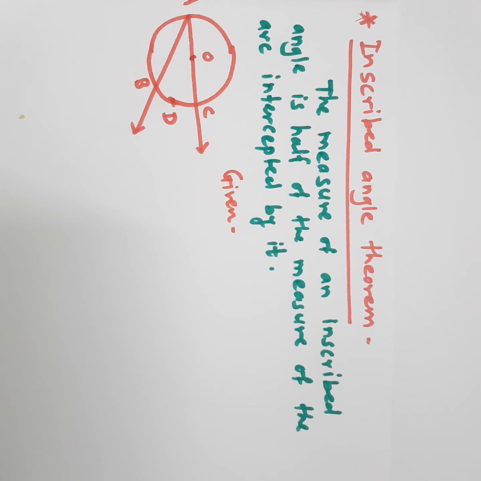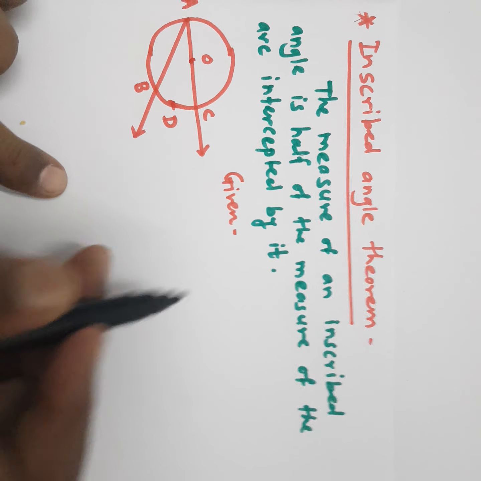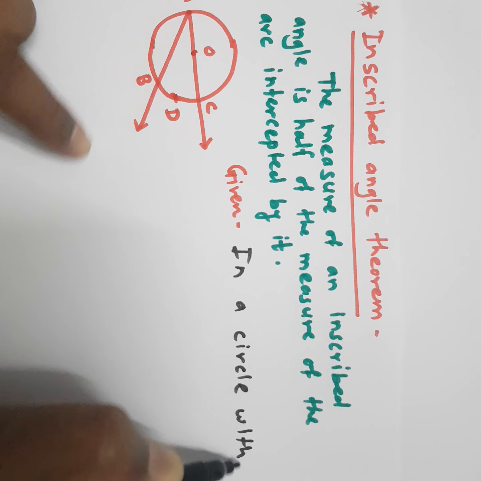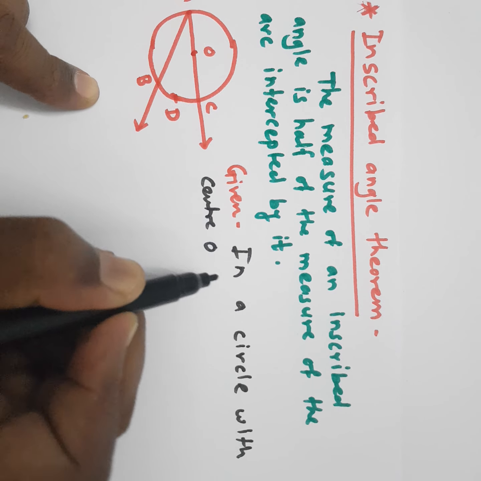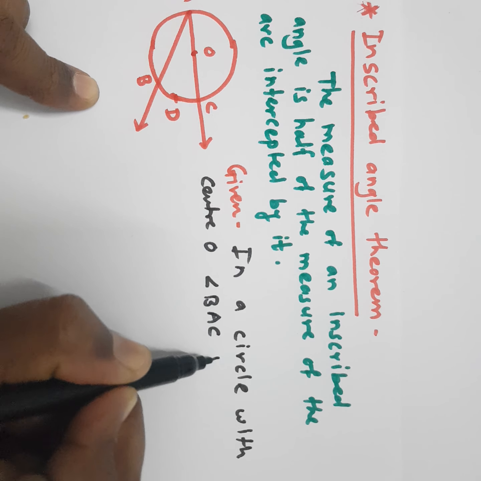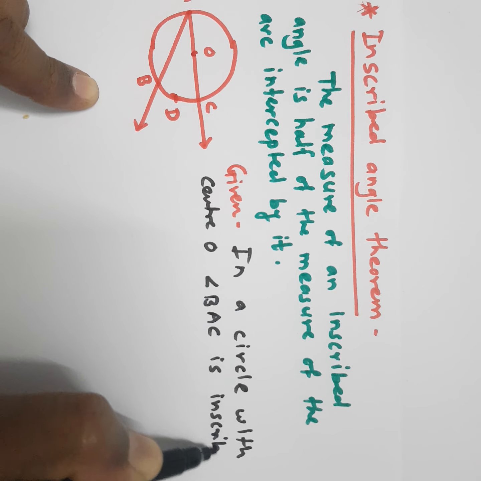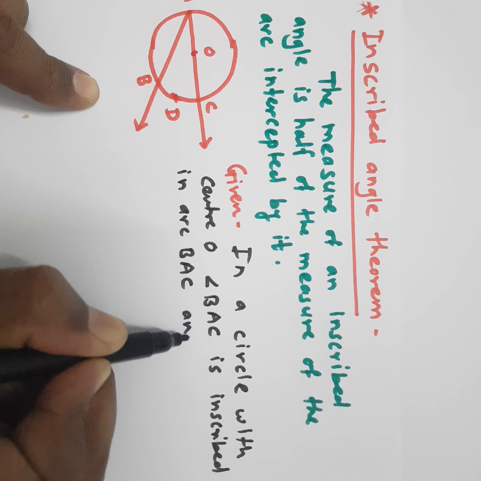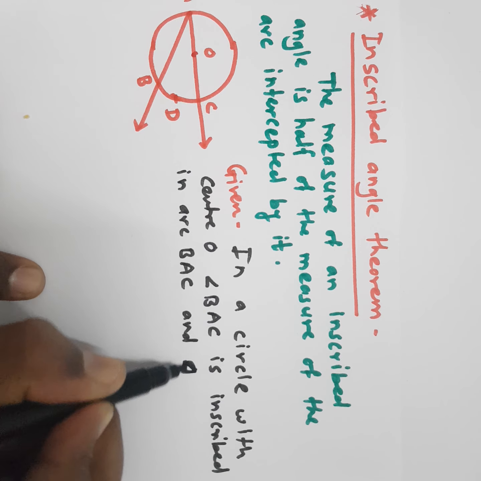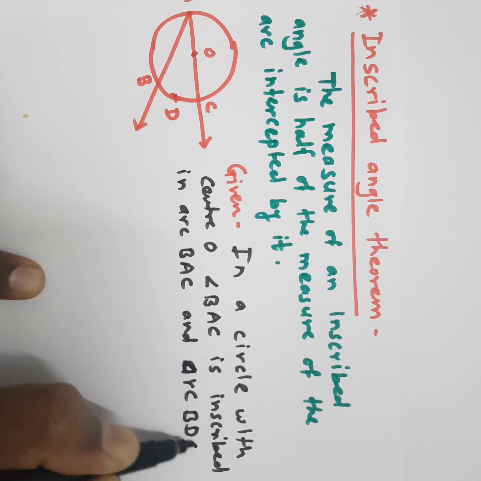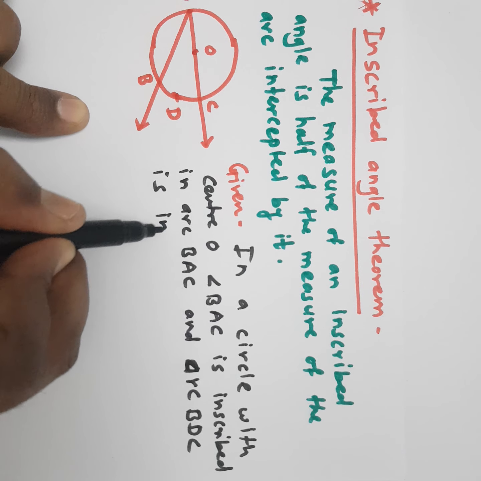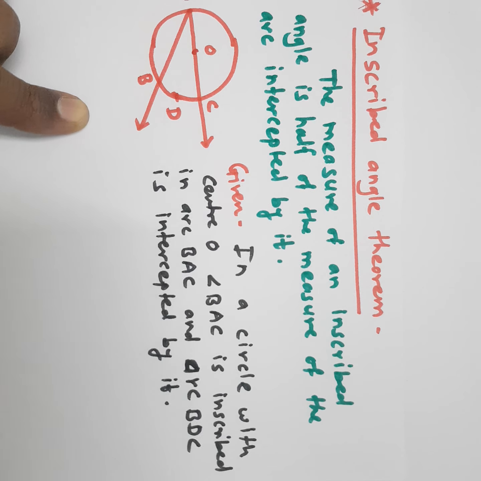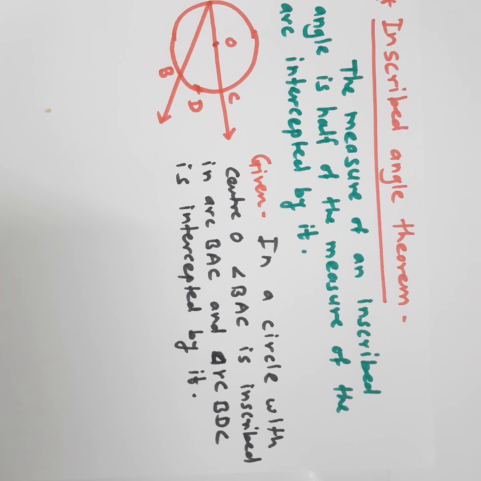There is a circle with center O. In a circle with center O, angle BAC is inscribed in arc BAC, and arc BDC is intercepted by it. Now we have to prove